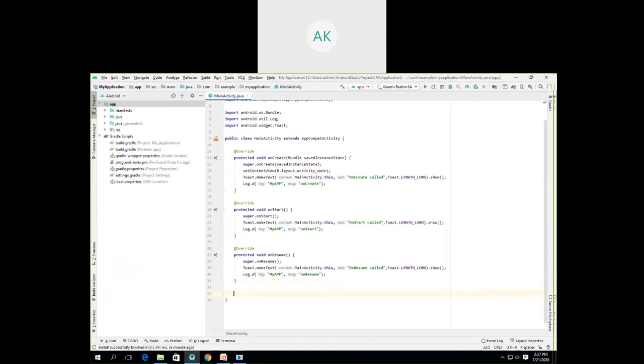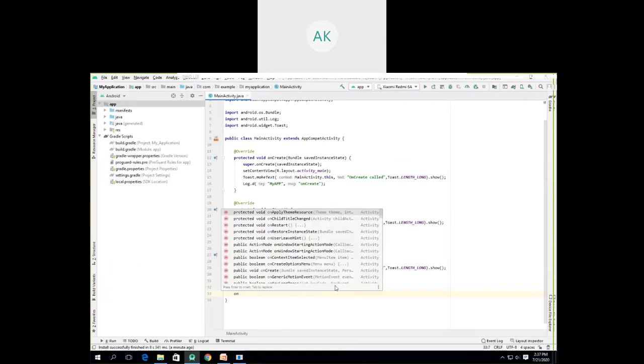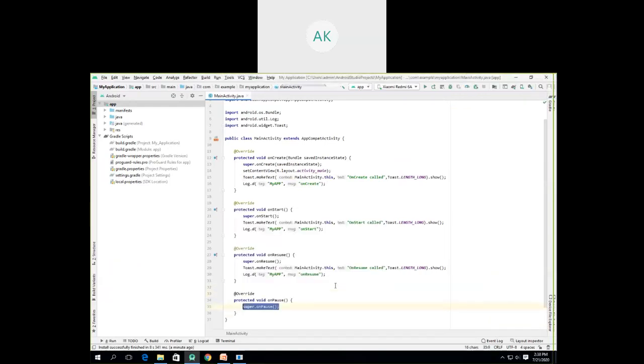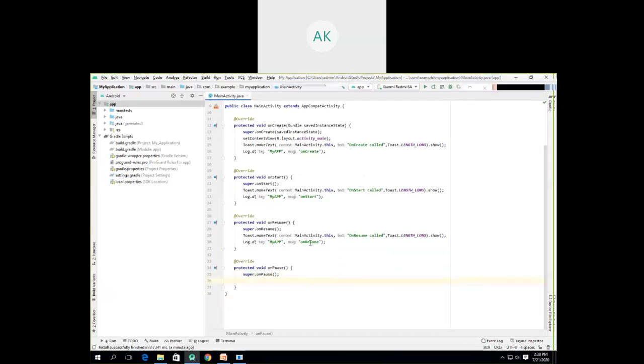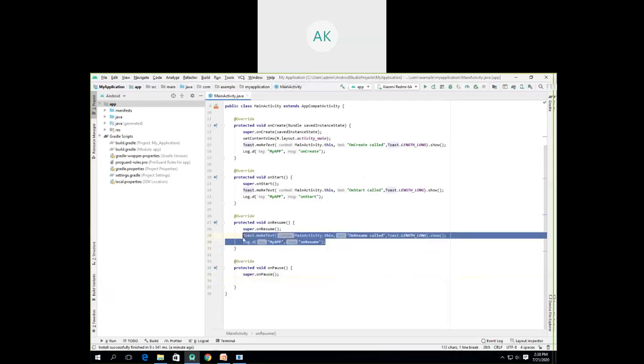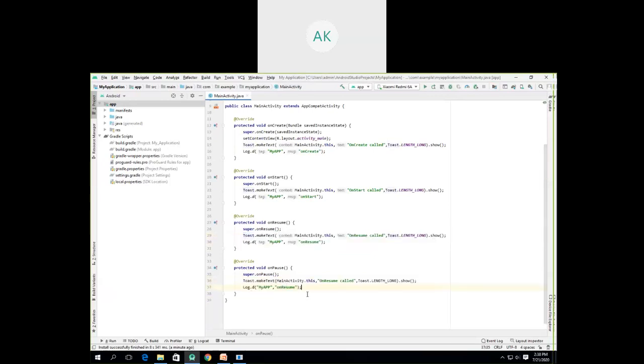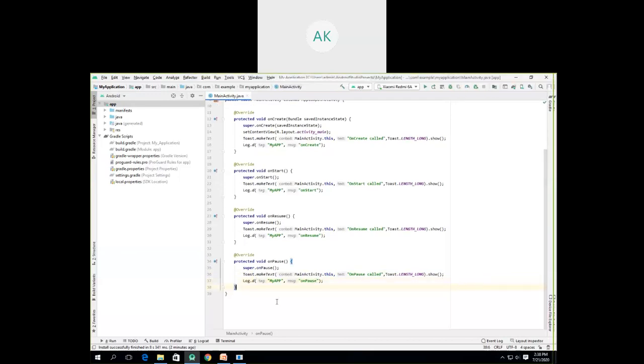So after the onResume, the next method that we have is onPause. Here we can write the Toast.makeText as well as the Log.d in order to display the toast and the log message. We'll just write it as onPause called, and here we write onPause.